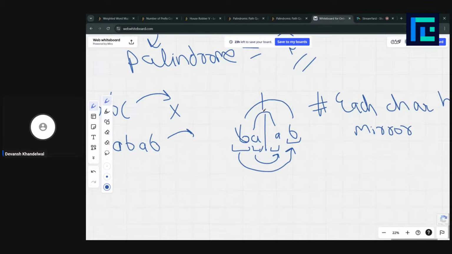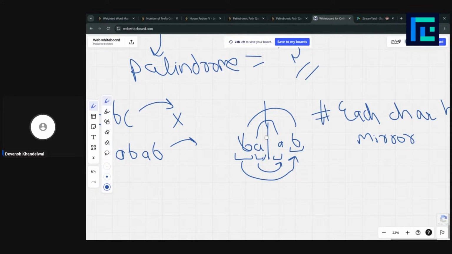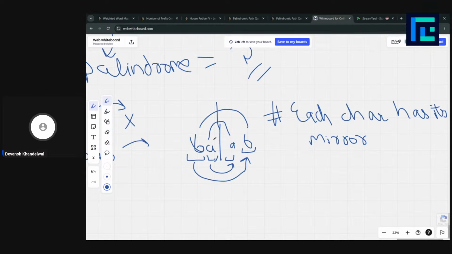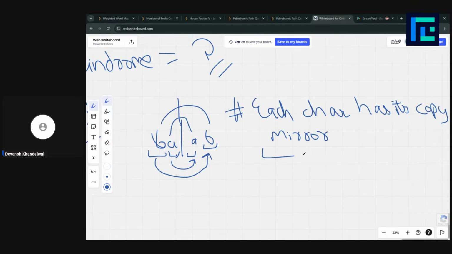Right? Let's say this is the mirror. That means that these two characters should be the same and these two are the same, right? This is the property of a palindrome, that each character must be the same if you are taking this point as its mirror. This sentence means that the number of occurrences of each character must be even. Am I right?